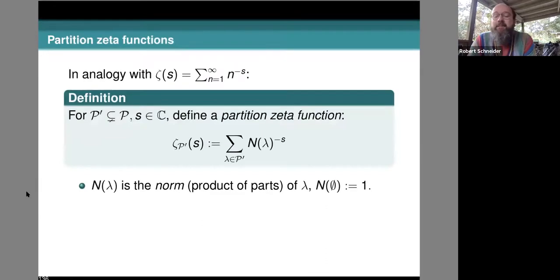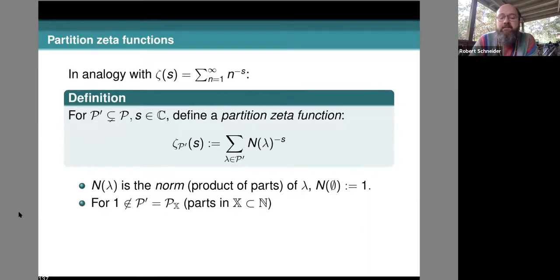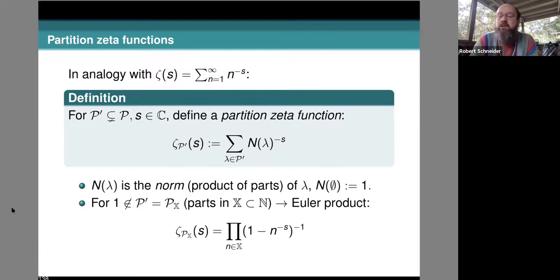Oh yeah, okay. Here is the norm of the partition inside the zeta function. And note that if the empty partition is in the sum, its norm is 1. Now again, if we were to sum over partitions whose parts are all in a subset of natural numbers, like all even partitions or all partitions whose parts are 5 more than a multiple of 13 squared plus 1 or something, any subset of natural numbers, no matter how bizarre, we get Euler products. So this is where the theory really does connect nicely with the classical theories, both in partition theory and in multiplicative number theory.